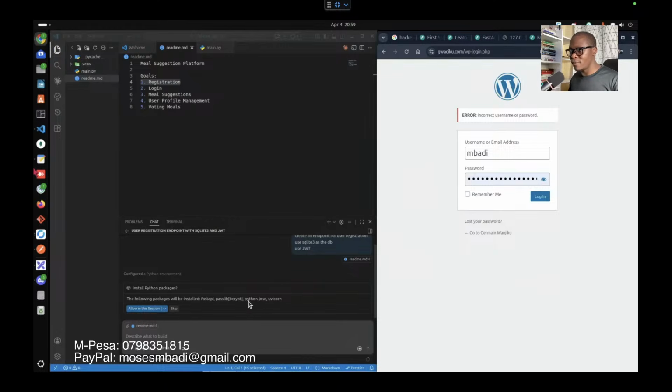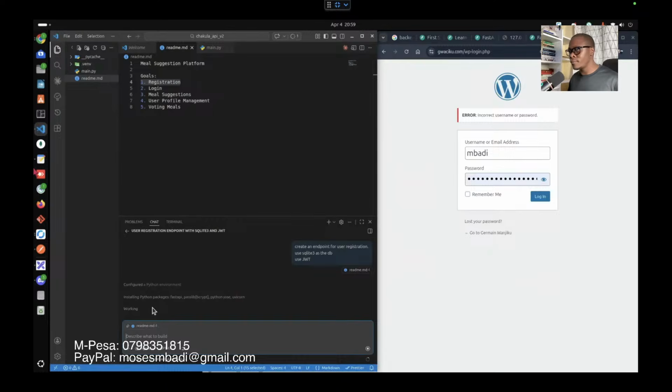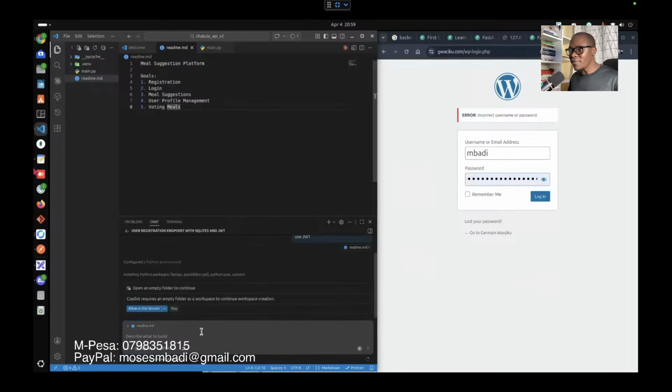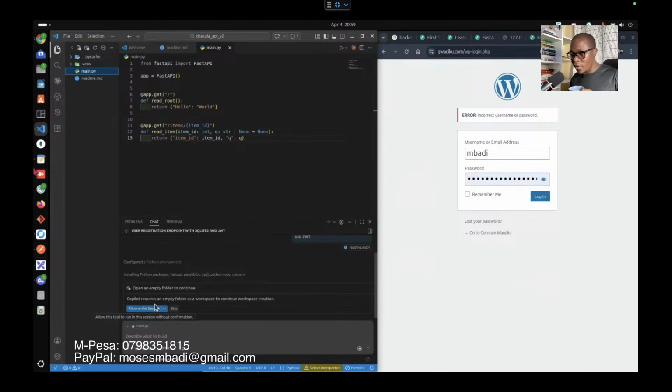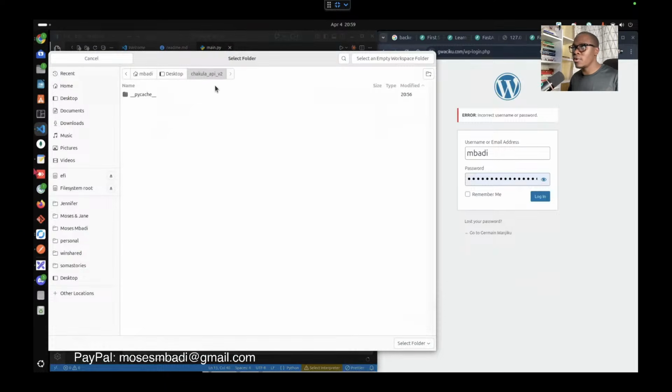The following packages will be installed. Okay, allow. Whatever it writes, I will have to go here and review. Copilot requires an empty folder as workspace to continue workspace creation. Yeah, that's okay. Continue. So inside Chakula API version 2,